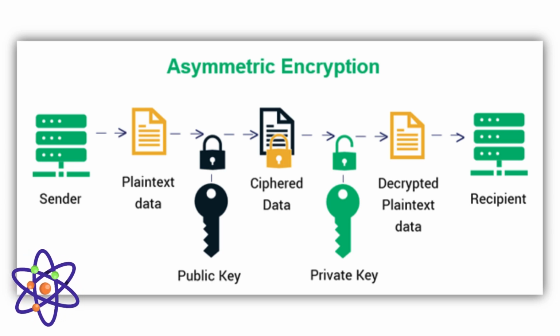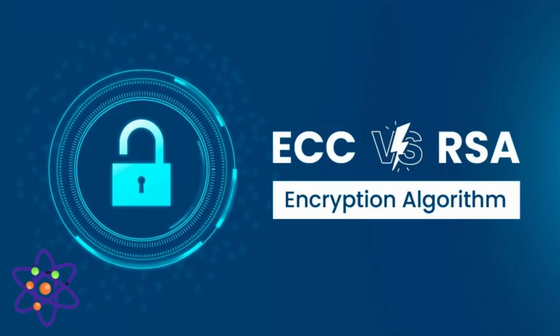Okay. So some common asymmetric key algorithms are the Rivest-Shamir-Adleman or RSA algorithm, a widely used algorithm for secure communication and digital signatures, and ECC, elliptic curve cryptography, which offers smaller key sizes for the same level of security as RSA, making it efficient